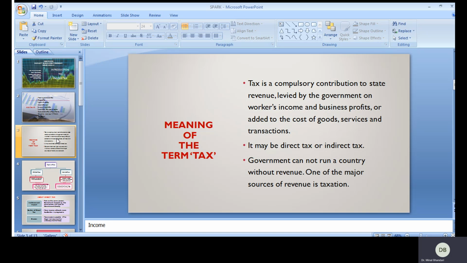So government is taking all those projects, and we are using the facilities provided by the central government, state government,